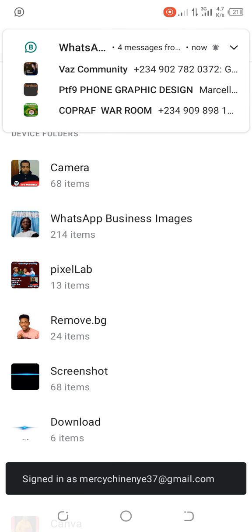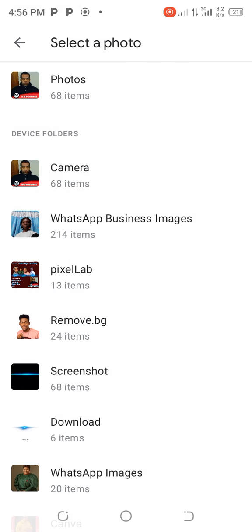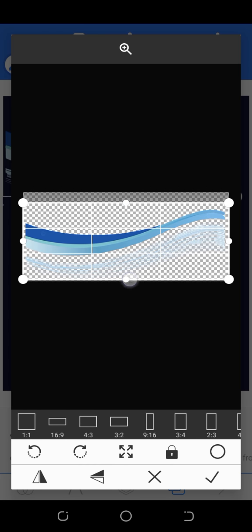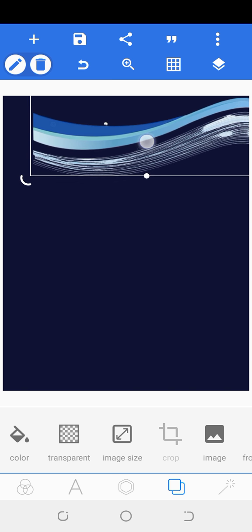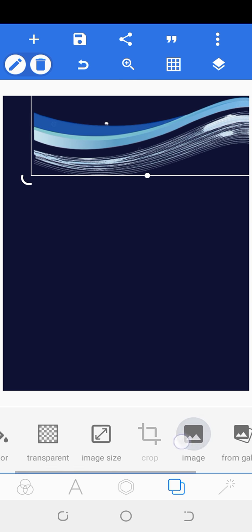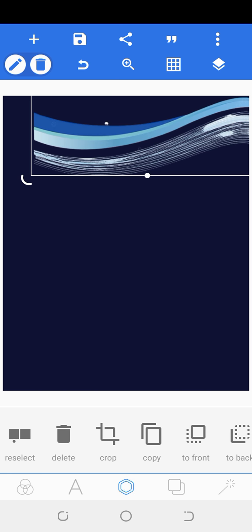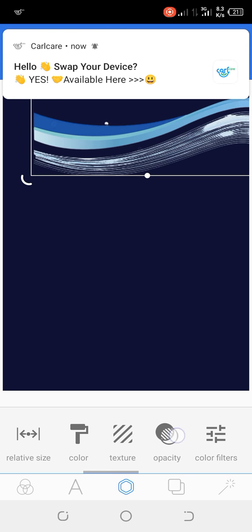All right, so guys, we'll move to remove background to get a very nice looking picture that we'll use. Okay, with that done, I will infuse it here, and then I'll go to opacity, but not from this background place. It is from here. I've told us before that whenever you want to work on your shape, your picture, wherever it is, you go from the shape. Or whenever you want to work on your write-ups, you go to the place where you have the letter A inserted. So we'll go to opacity